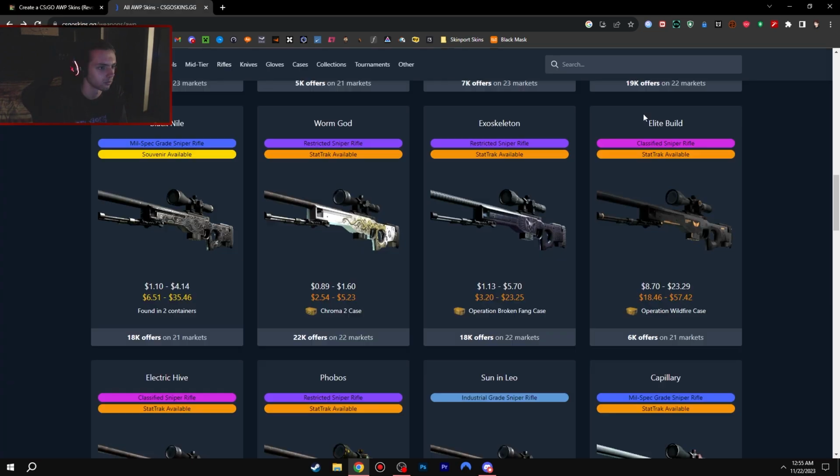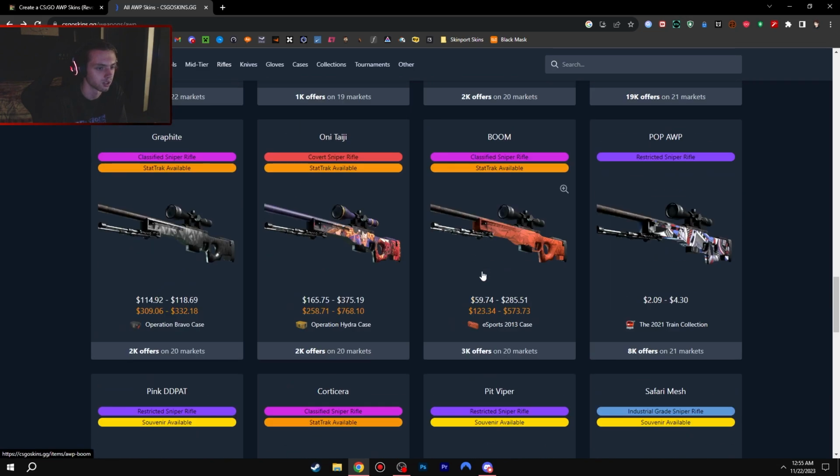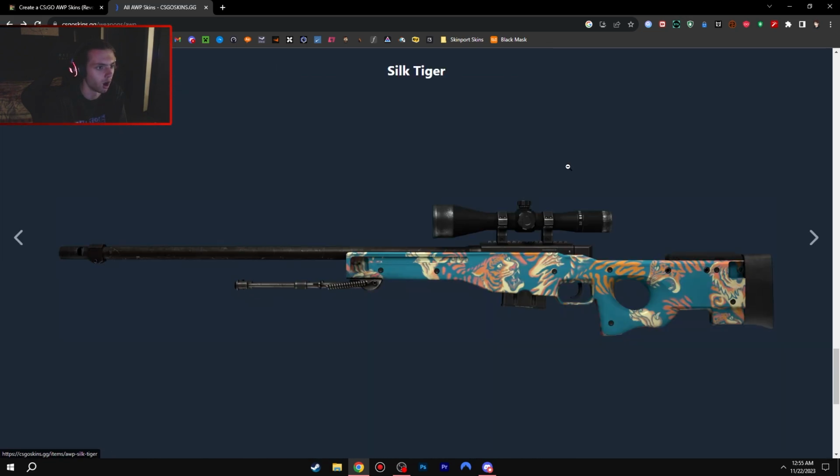The Silk Tiger I don't like. I don't understand the skin. It looks so odd. What is this? If the blue was darker and the orange was more vibrant, it would look better. I think